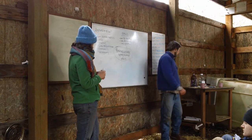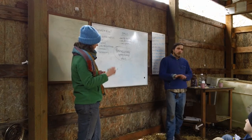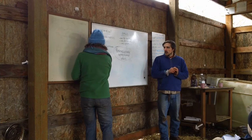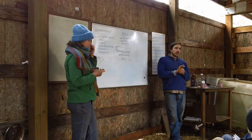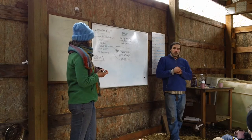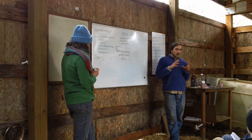So we want to talk about zone planning. That's the next step in this conversation. Zones are a way to think about how to physically structure the landscape, and basically there are zones of use, moving from intense use,